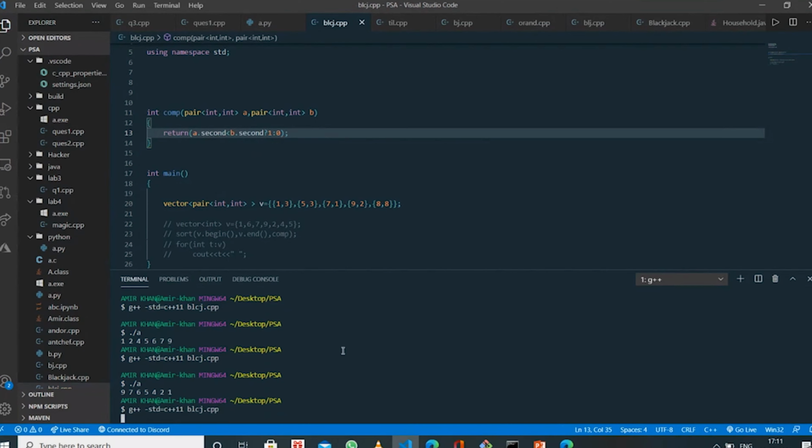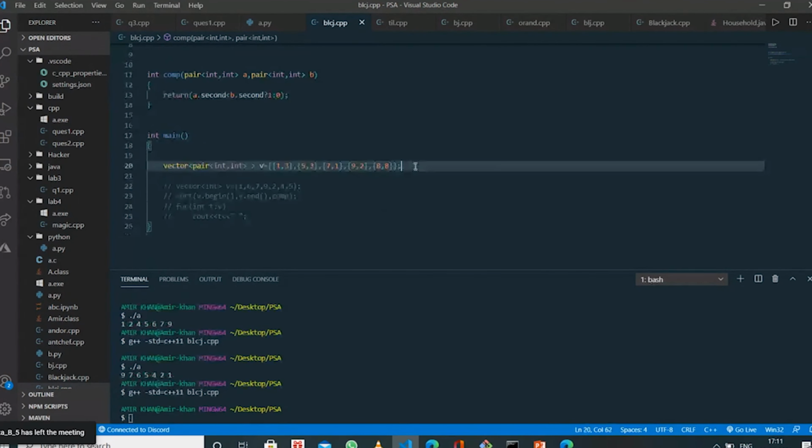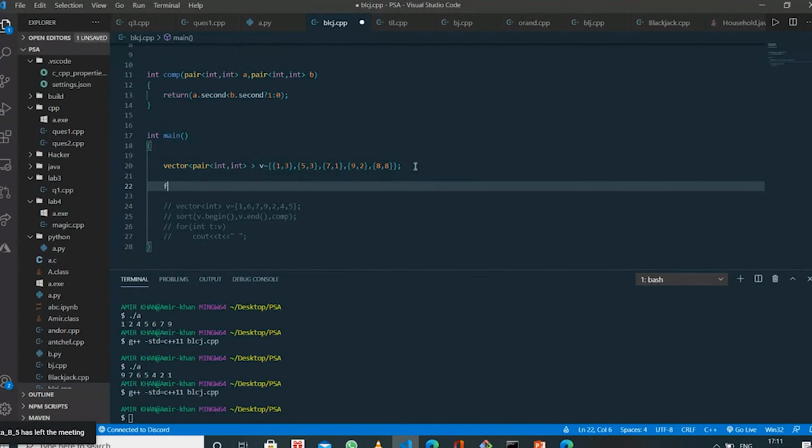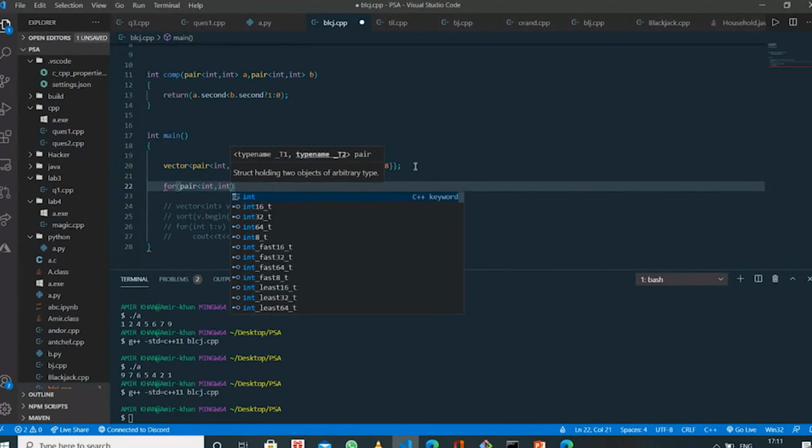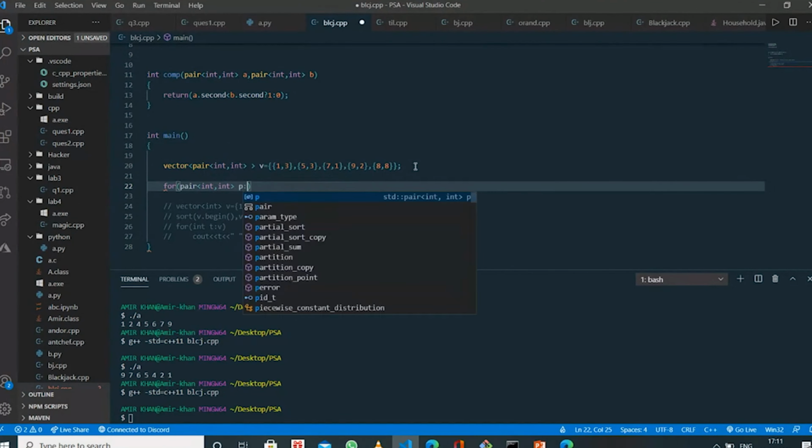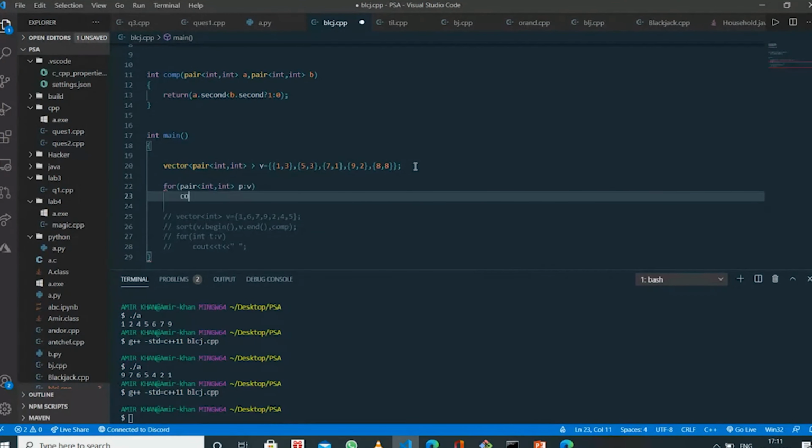I compile, oh, I haven't printed anything. I will print B dot first, second.